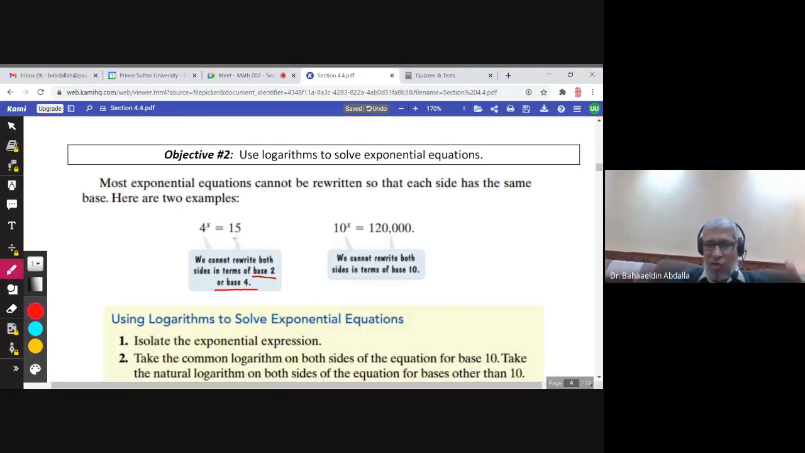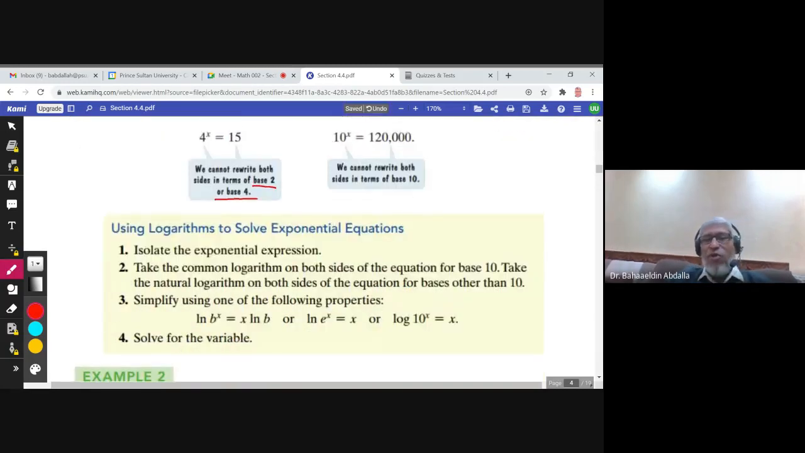So what can we do? If we can't write both sides with the same base, what can we do? We use logarithms to solve the exponential equations. How do we do that? We follow these steps. You have to memorize and understand these steps. How to use logarithms to solve exponential equations: first, and this is very important,